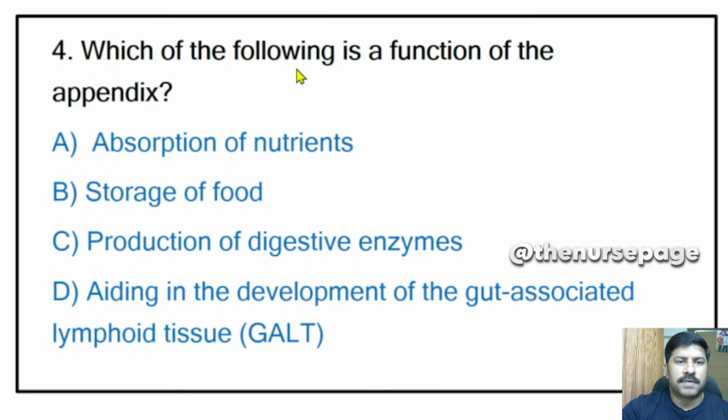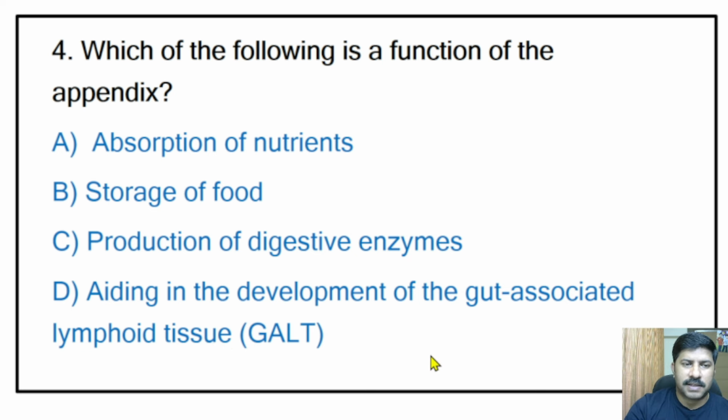Fourth question, which of the following is a function of the appendix? Absorption of nutrients, storage of food, production of digestive enzymes, aiding in the development of the gut-associated lymphoid tissues. Correct answer is option D. That is, we believe the function of appendix, that is aiding in the development of the gut-associated lymphoid tissues, that is known